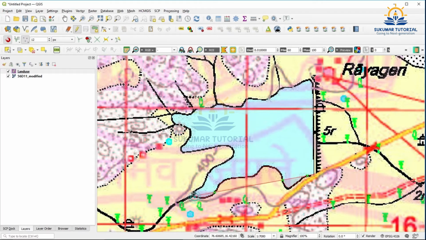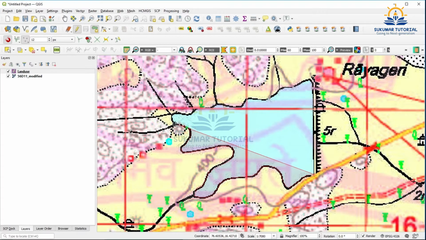If anything goes this way or that way, we can correct it, as I told you in the line features. So carefully you go, use the left button of the mouse, click it and then move.